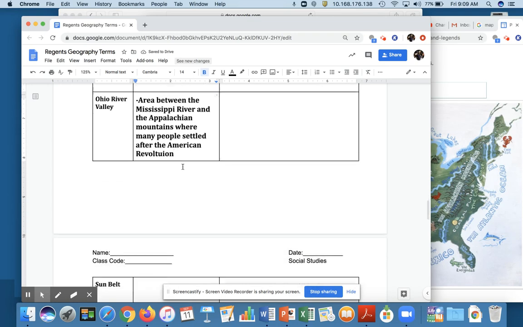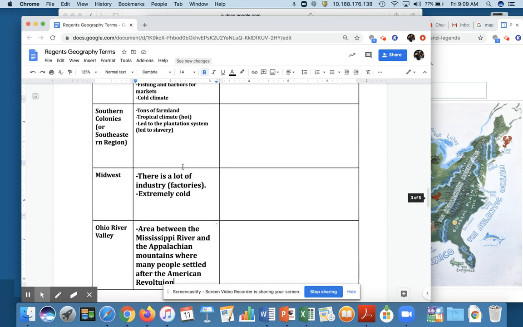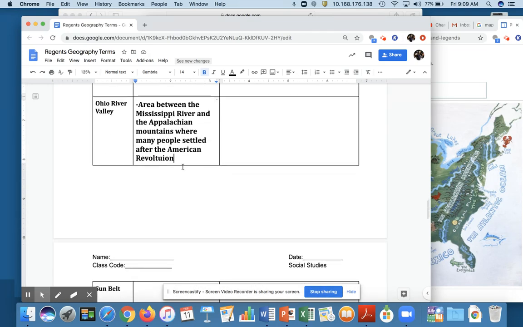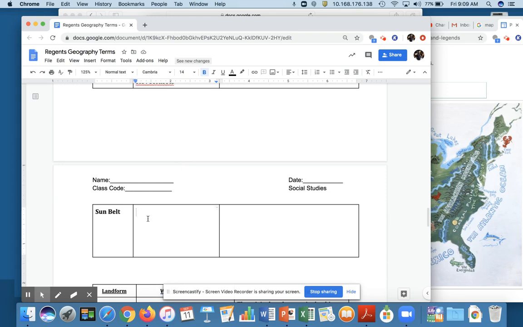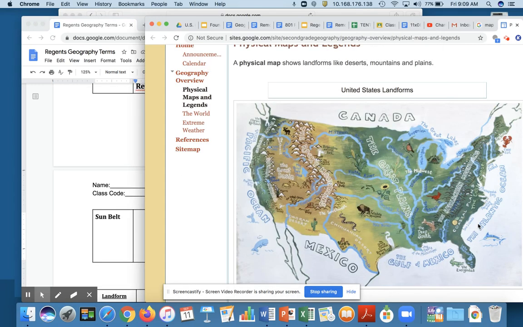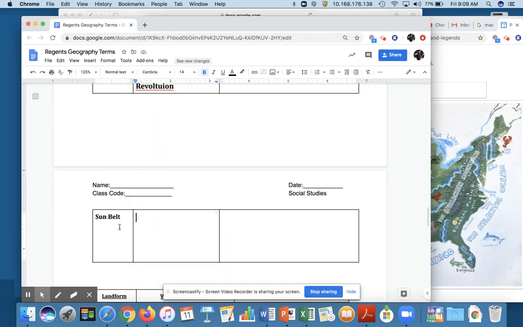Now, I'm going to skip the Sun Belt for now because really it takes 2 seconds. The Sun Belt, okay, it's like a belt. So it's the bottom of our country. All right, the bottom of our country is all here. And hopefully you're realizing the further south you go in the country, the warmer it is. I'm just going to say it's the warmest areas